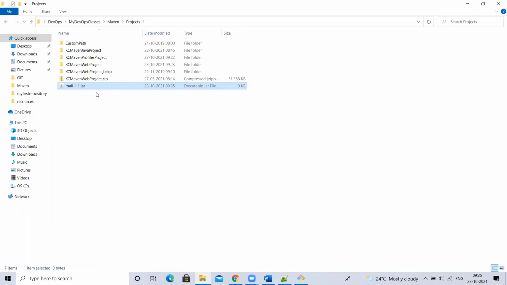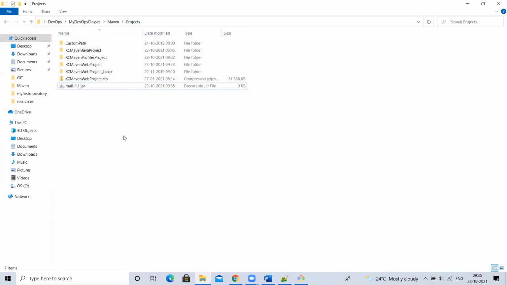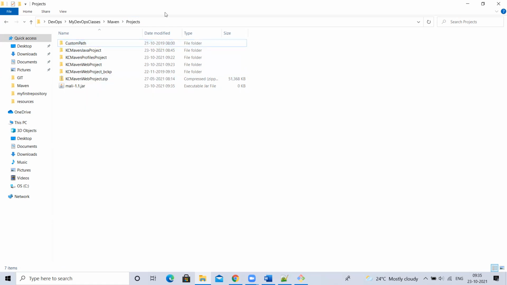Sir, for us removing the .txt extension is not coming, sir. How to? That is a Windows setting. You have to go somewhere in the folder properties. I forgot it, I don't know. You just check it. Top left hand side, next to that folder option.